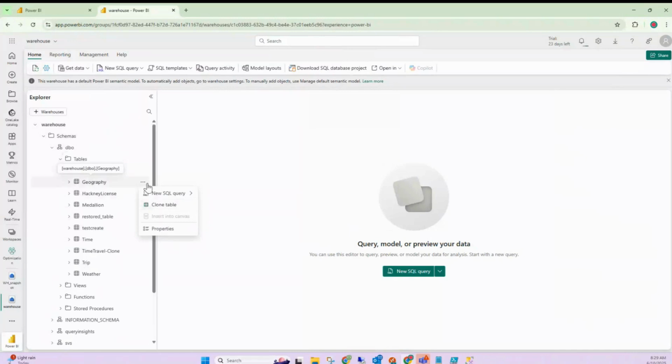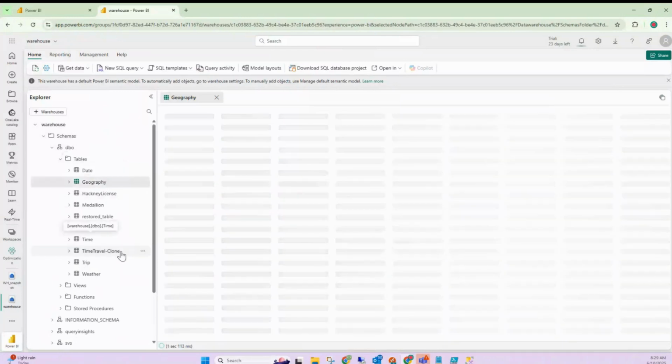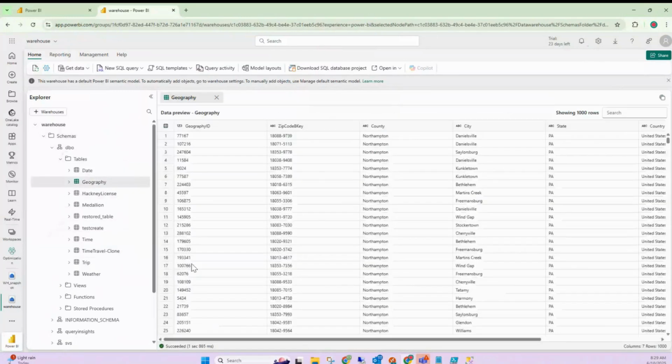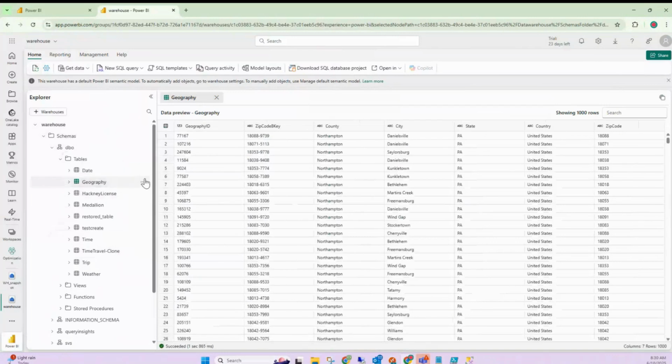Now, what is a clone table? Let's understand that concept. Imagine that I have a geography table in production. I want to do some data modifications and test out that data before making any changes. But I cannot directly make changes in this production live table. I have to make changes in a version. So it's like I'm creating a clone of this table for myself for some proof of concept or testing purposes. So if I click on the clone table,